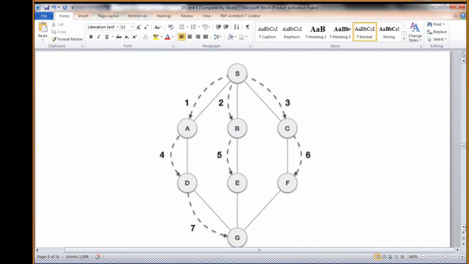The adjacent for A is D, so it will go to D. And what are the other additions for A? Nothing. And then it will go to the second level, B. What are the additions for B? It will see E only. So B to E. And are there any other additions for B? No. So then it will go to the other sibling of B in the same level, and that is C, and it identifies what are the additions for C.